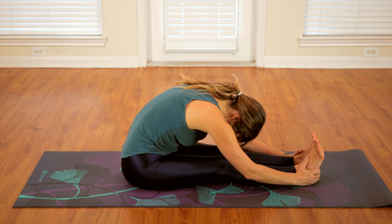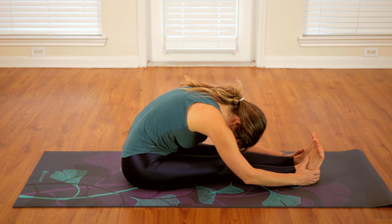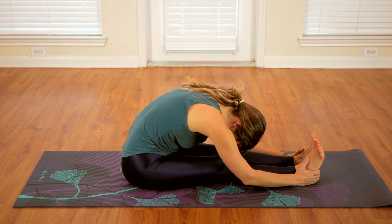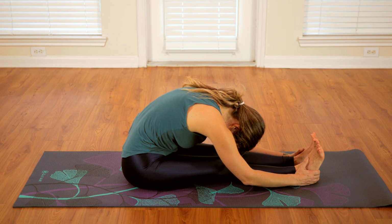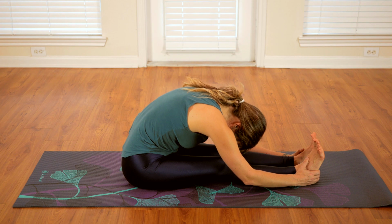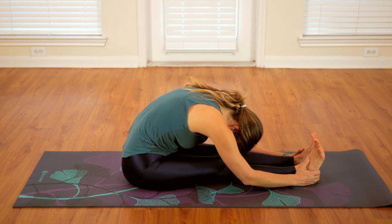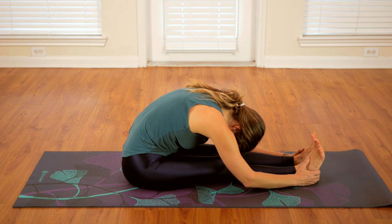So this is one of the most important stretches you can do to relieve tension along the back body, this seated forward fold. And we just want to take it one breath at a time, no rush. And you may notice that the longer you stay present with the pose, and the more you relax into your breath,